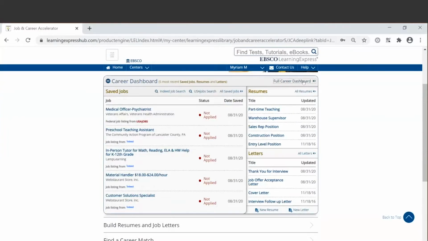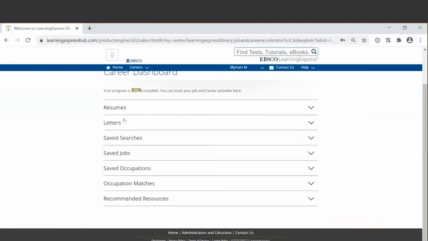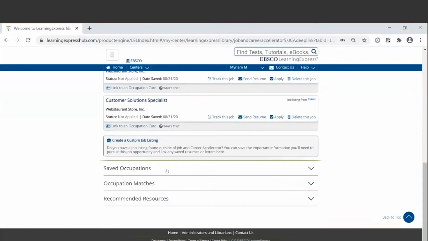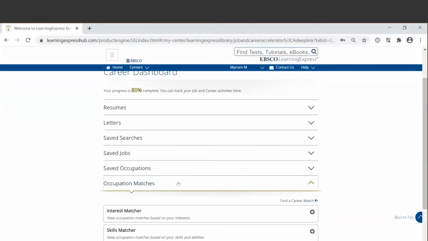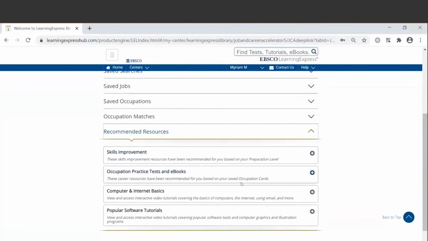The full career dashboard will give users a 360-degree view of everything that they have done so far, so they can see their resumes, their cover letters, all of their saved searches, saved jobs, any occupations, as well as occupation matches, and then we have any recommended resources as well.